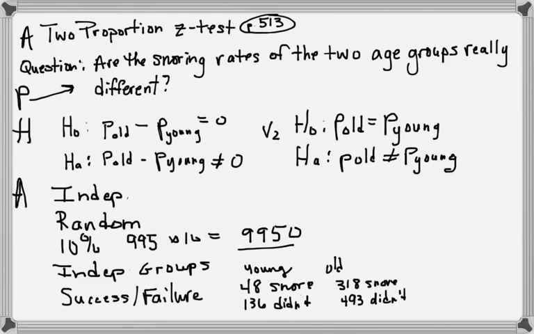And so in either case, success or failure has been perfectly satisfied, so we're good on both those counts. So if we're looking at all our assumptions and conditions, we have 1, 2, 3, 4, 5 different things to check. Because all these are satisfied, we can use a normal model, and we're going to perform a two-sample